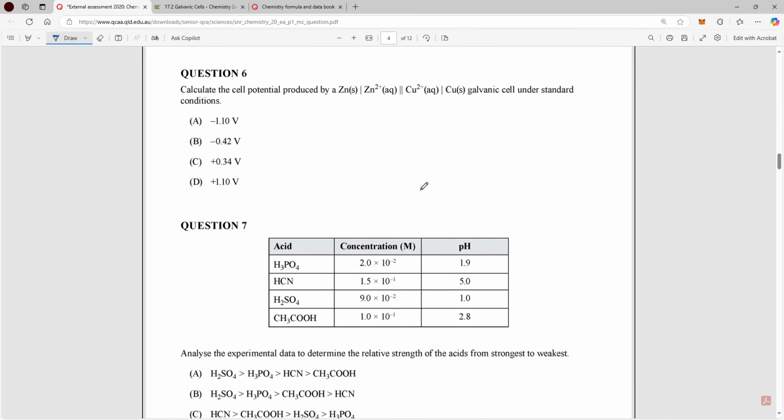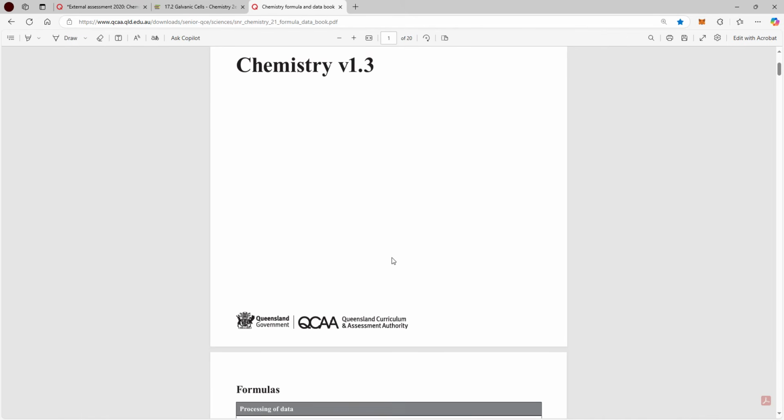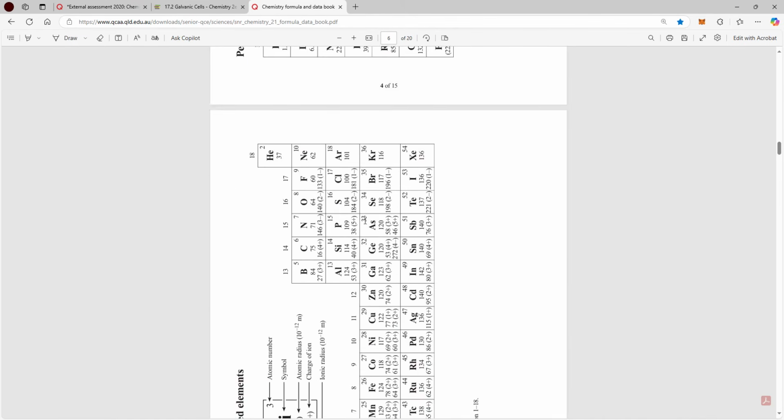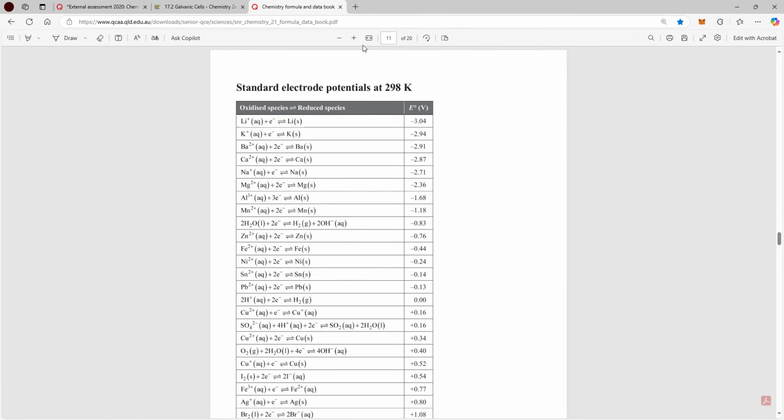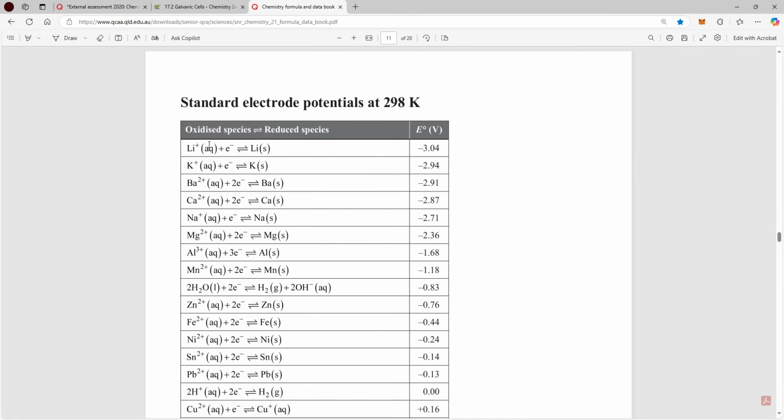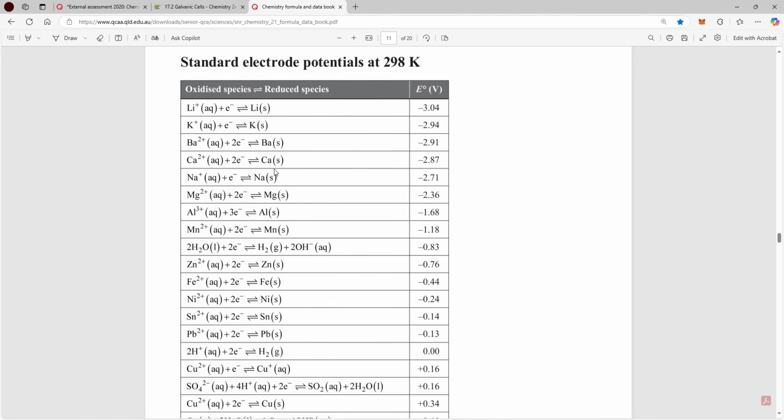Alright, question 6. Calculate the cell potential produced by this. And it's given pretty much in a cell equation, okay? So straight away, this is oxidation reduction. So if you look at your chemistry formula sheet, you get given a lot of different equations for each of the standard oxidation reduction, okay? Now, on this formula sheet, they've designed it so the strongest